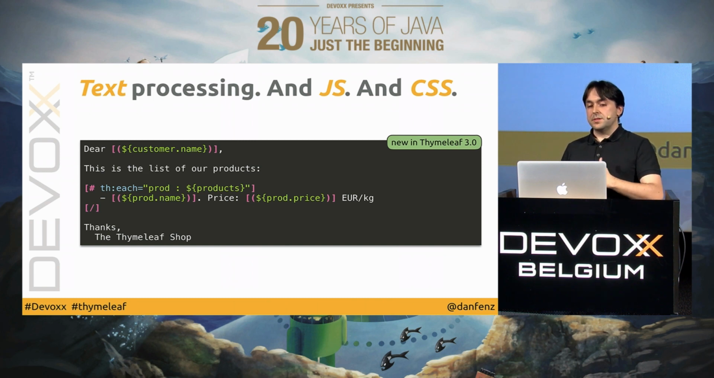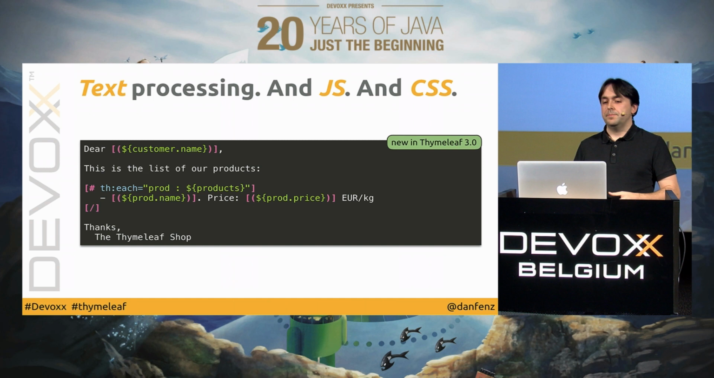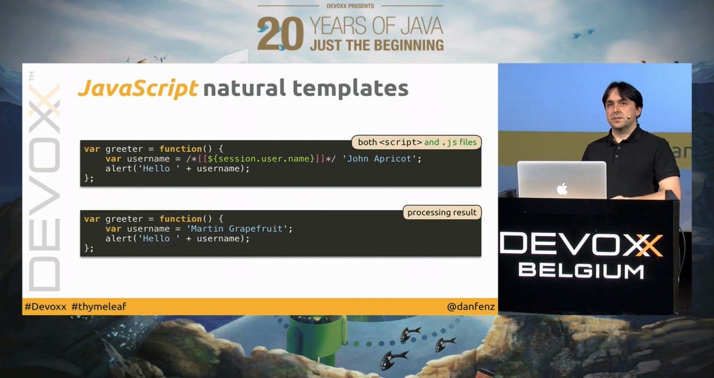And even more, because this text processing extends to JavaScript and to CSS files. So now in Thymeleaf 3 we can consider JavaScript files and CSS files as templates, and that allows us, with a bit of added intelligence by Thymeleaf, to do things like JavaScript natural templates. We could have in a JavaScript file a piece of code like the one you see at the top of the slide,